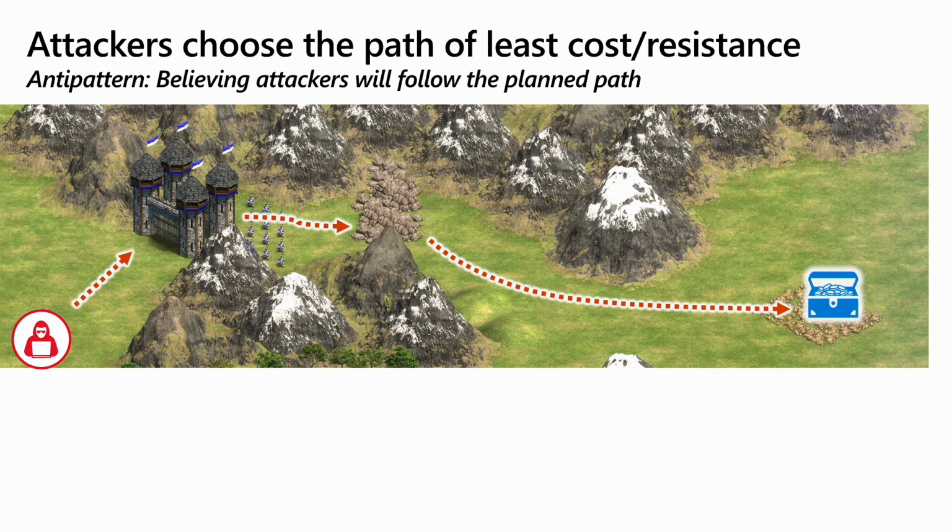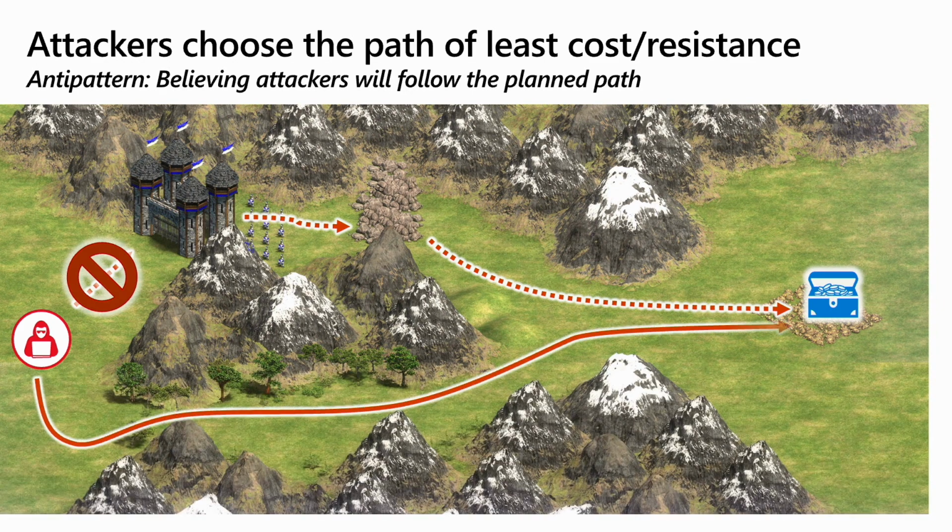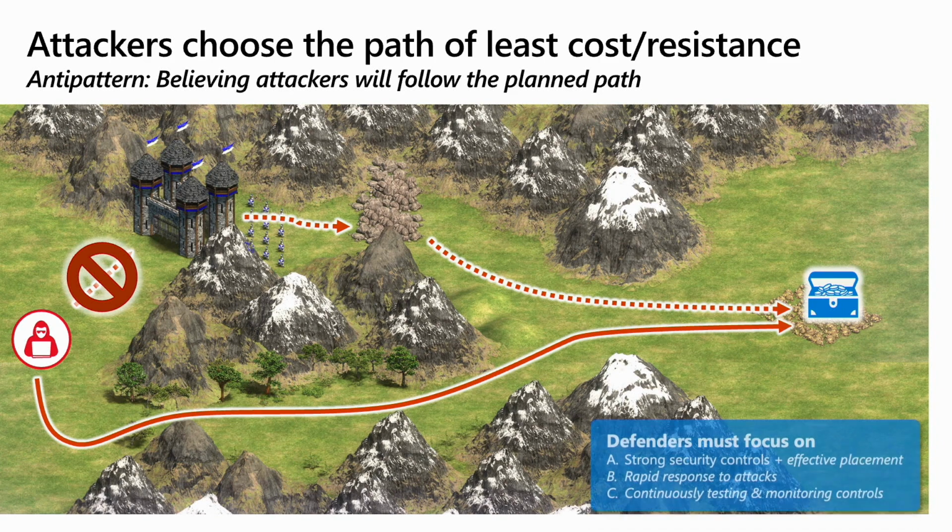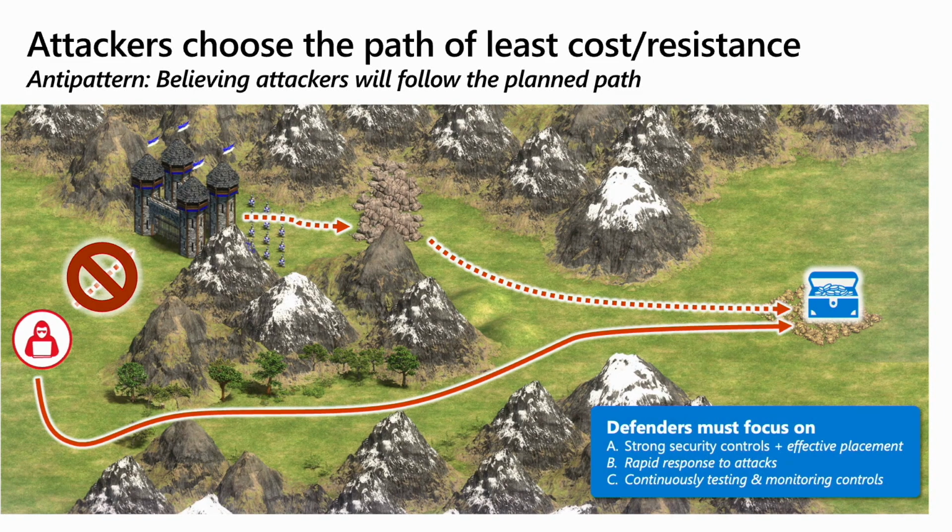And that may be how some attackers work, but a lot of them are very practical because they're there to get a job done. They're there to make their boss happy. They're there to get a paycheck. They're there to achieve a mission of some sort that's greater than themselves, hacktivism and the like. So there's a lot of different reasons why attackers do it, but that drives them to look for other ways because they're there for the objective. And so it's not just about having those strong security controls, which is core, but placing them effectively, responding to attacks effectively wherever the heck they happen, and continuously testing and monitoring those controls.